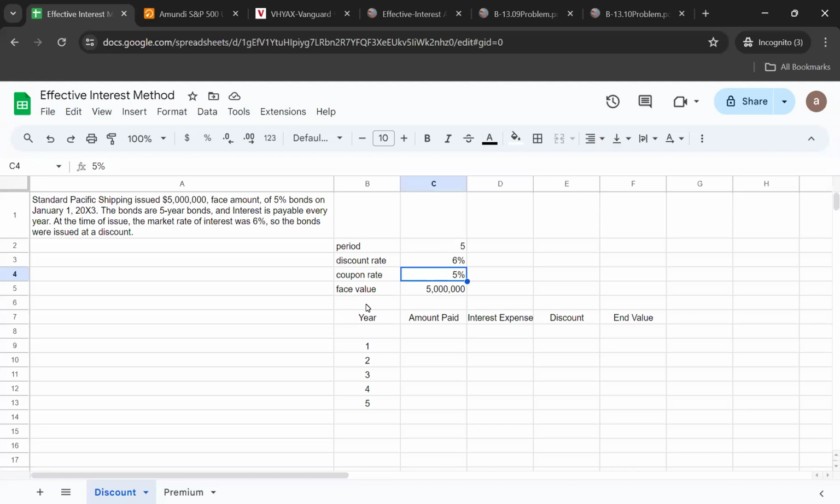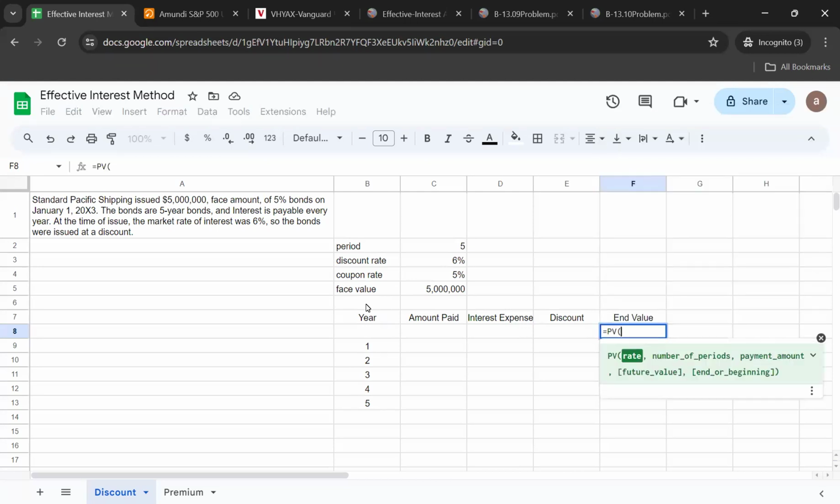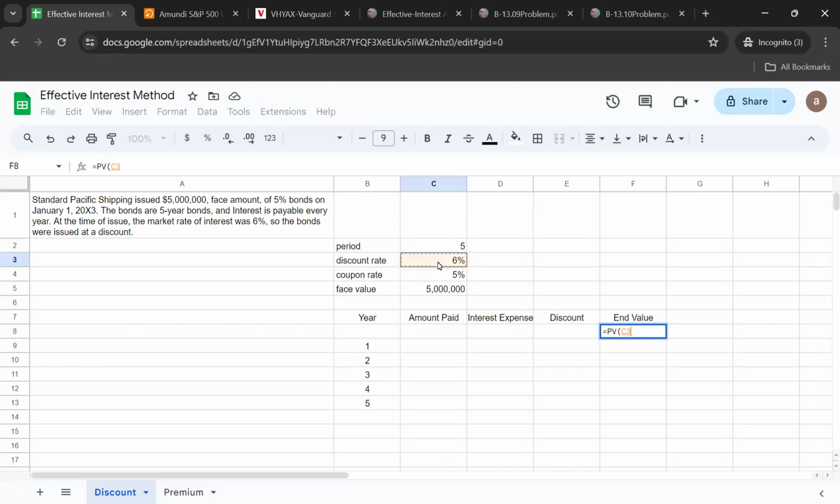So let's calculate that present value that I have been talking about, which is going to be less than 5 million. And let's see how we calculate that. So we press equals to, we type PV, press tab, and the present value formula opens up, right? So the rate that we are going to use is 6%. The number of periods is 5, and then the payment amount is going to be